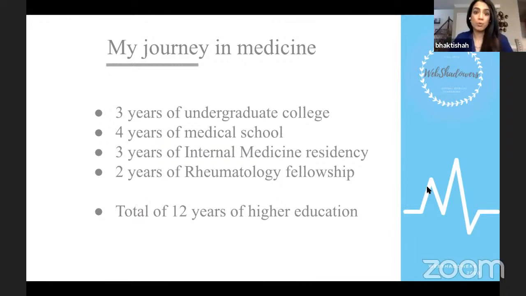And then I also would shadow one of our local doctors in their office in the summers as well. I learned a little bit about how to take vital signs and how to do a patient interview. So I spent my summers in high school doing that because I, again, knew very, very early on that I wanted to pursue medicine. So even my whole journey that I laid out for my undergrad was geared towards a career in the medical field. The classes that I took, the major that I pursued, the minor that I pursued was all based around that.